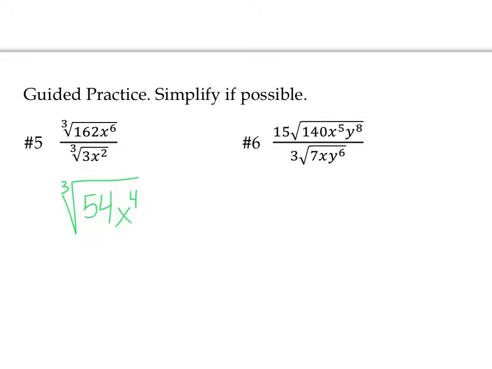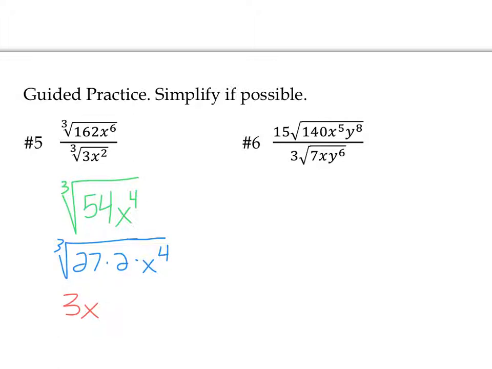I've got to find some numbers that multiply together and give me 54, such as 27 and 2, which is useful because I know the cube root of 27. So if I can write this out as the cube root of 27 times 2 times x to the 4th. Okay. The cube root of 27, that's 3 times 3 times 3. So I can then simplify this as 3x,